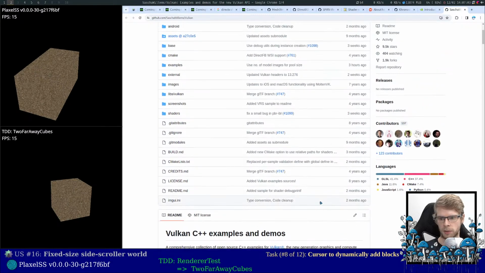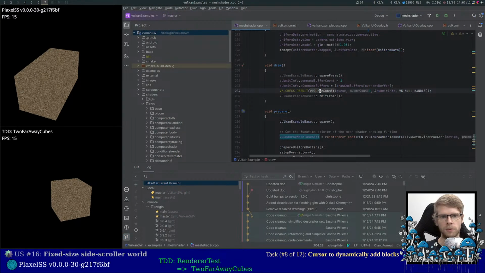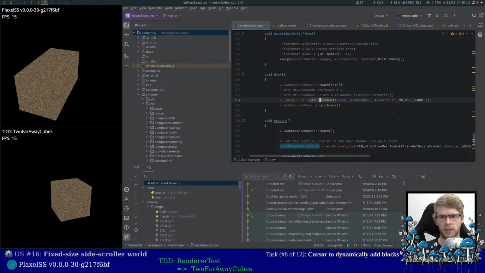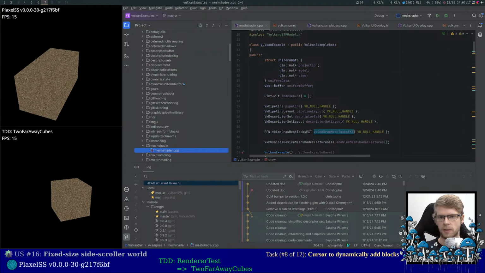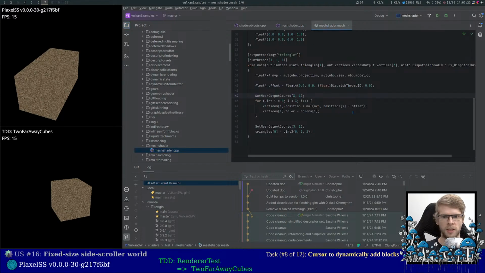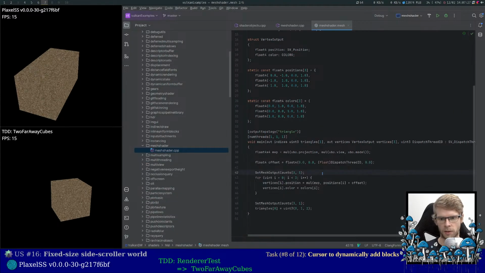This repository is well known for all the examples and demos that you can have on Vulkan. One of them is a mesh shader example. And if we take a look at the mesh shader itself, what it's doing is